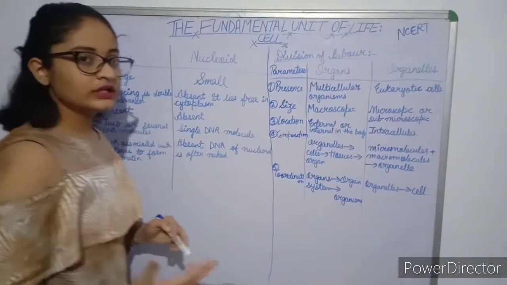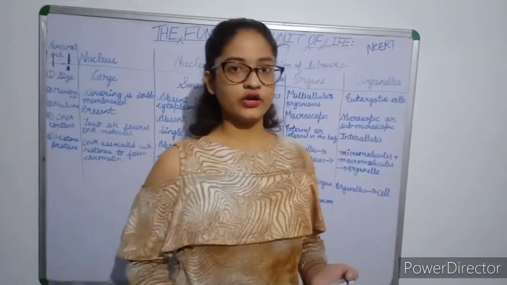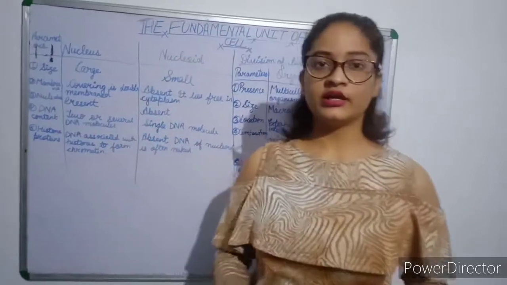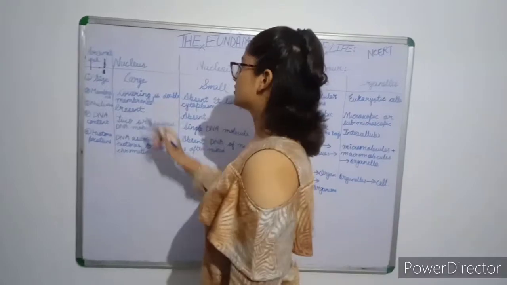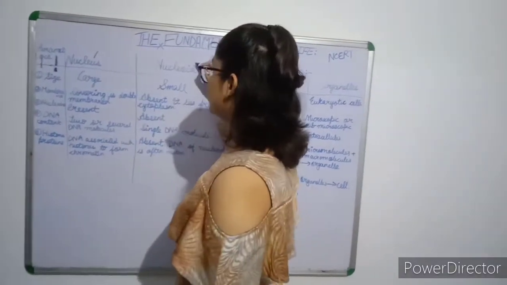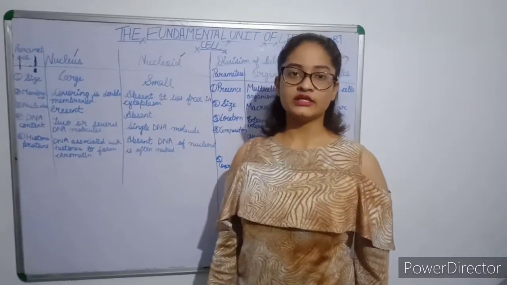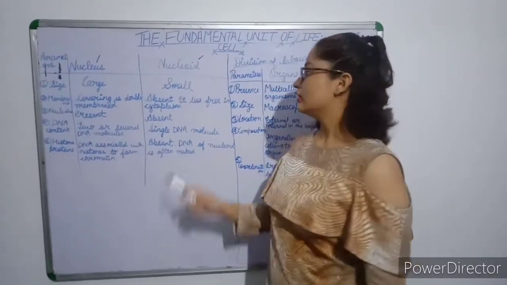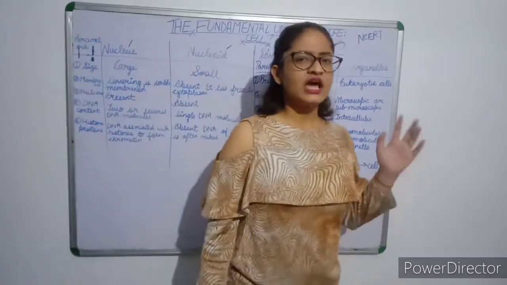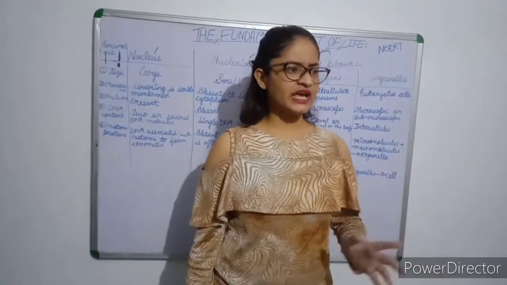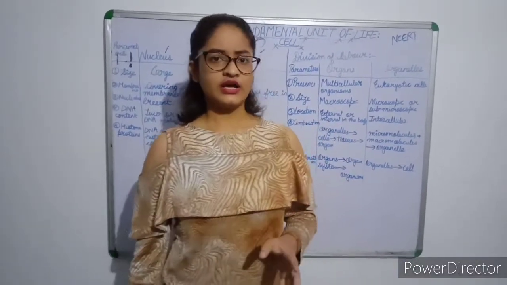Now, we had studied in the previous lecture about prokaryotic and eukaryotic cells, about the DNA content of which we had not discussed earlier. Now we will discuss it. The nucleus and nucleoid. The nucleus is present in all eukaryotic organisms, and nucleoid is a scattered genetic material in prokaryotic cells, and it has plasmid-like structures. It is circular and contains double-stranded DNA.